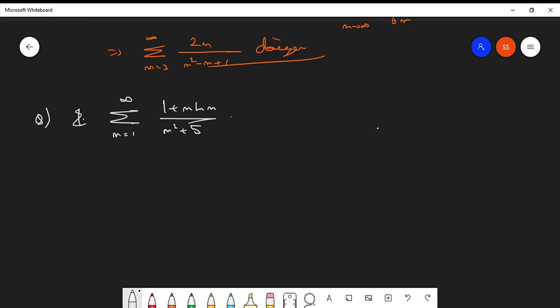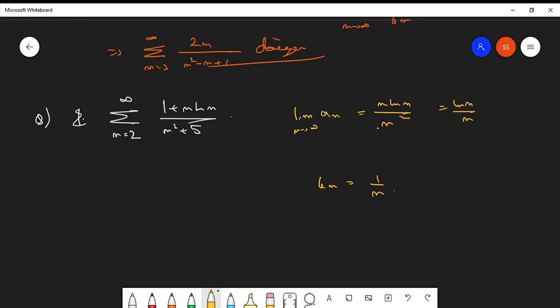Or rather I should change the summation; let it be from 2. This series is given as such, and we need to check its convergence or divergence. Clear? So let us take the highest terms of the numerator as well as the denominator. So limit n tends to infinity, a_n behaves as n ln n over n square, which is ln n over n. Clear? We can choose b_n as 1 over n.